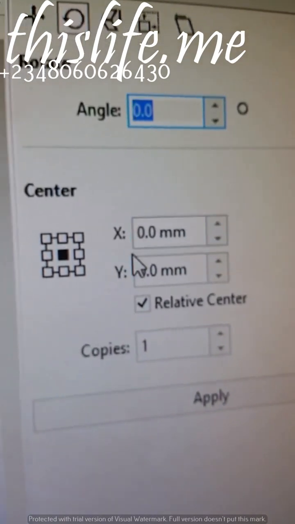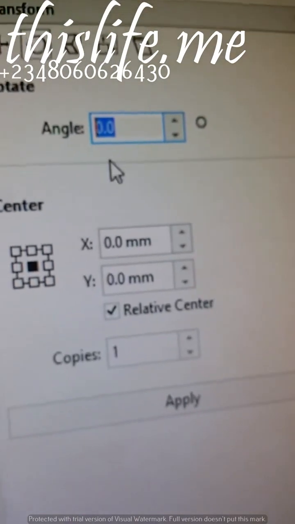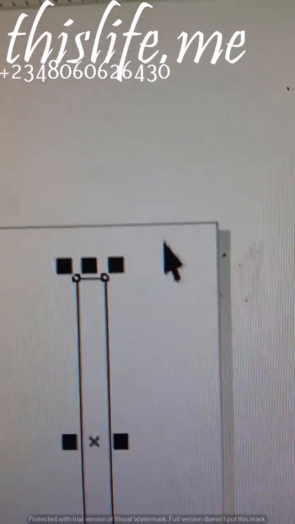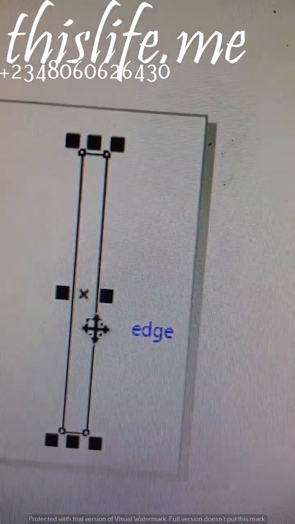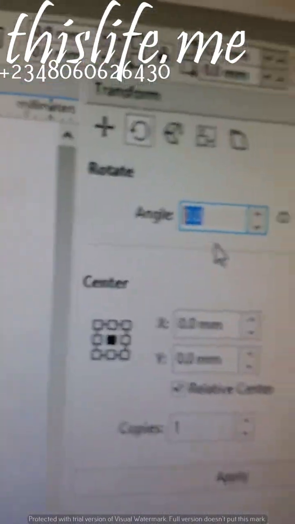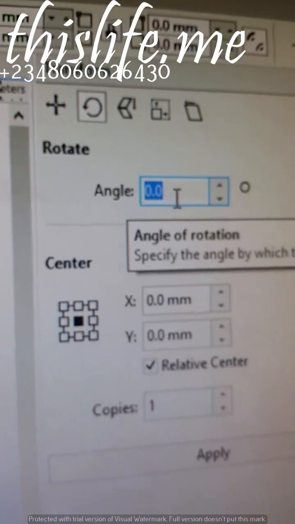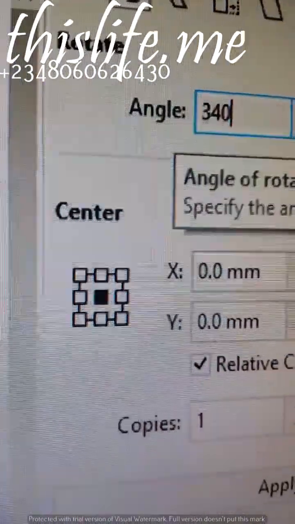Depending on the setting of the X and Y axis, and the general settings on your computer, it will determine the angle that will reduce or the gap that you want for your document. If you are doing a rework, specific measurements will be given to you. For now, we are just making an example, so we will subtract a certain number from 360. 360 will make it completely close. So from here, we can type something like 340, subtracting 20 from 360.